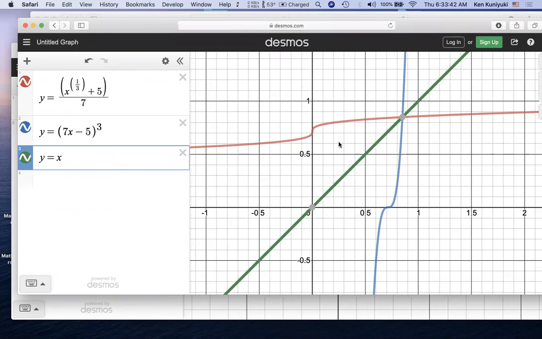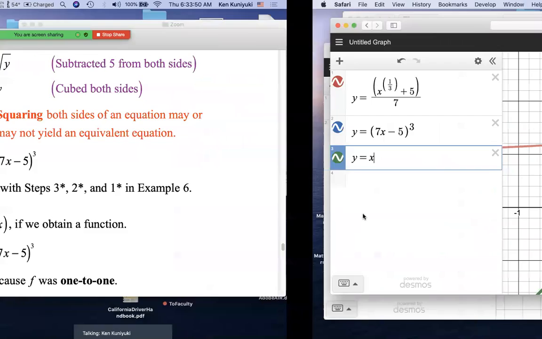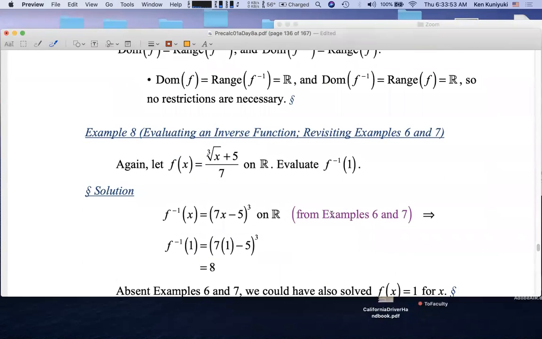Notice that both the red graph and the blue graph pass both the HLT and the VLT. These are both one-to-one functions. All right. Oh, and by the way,